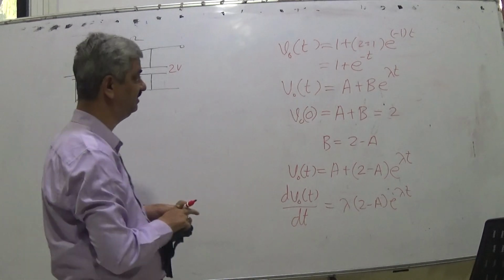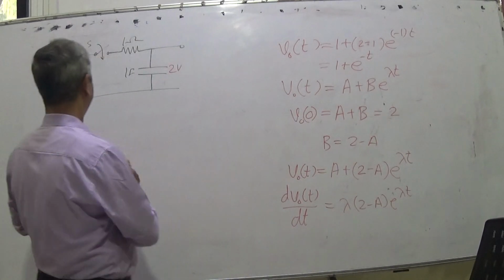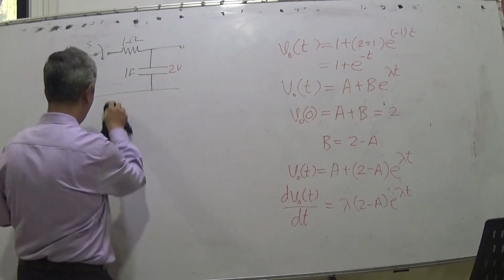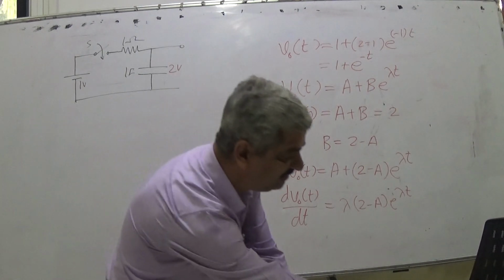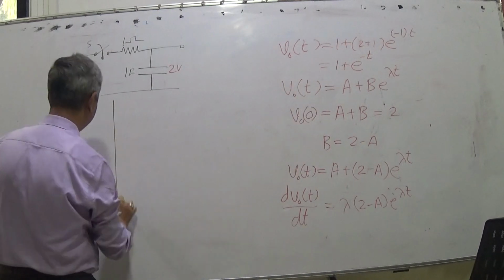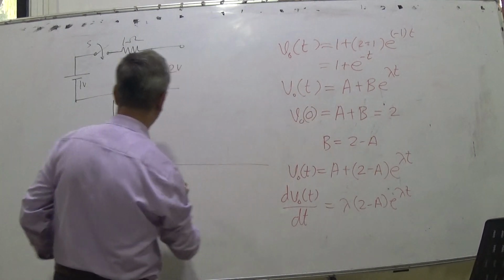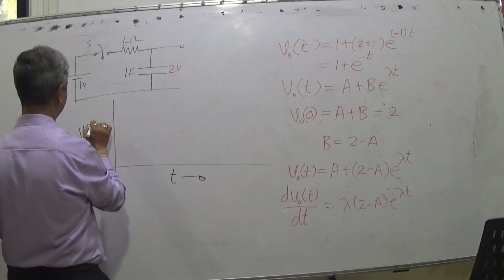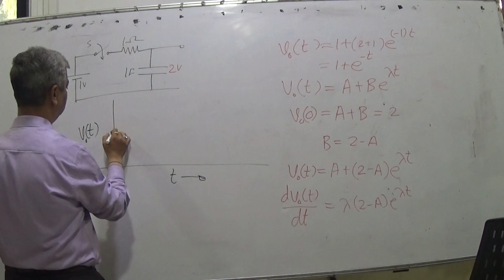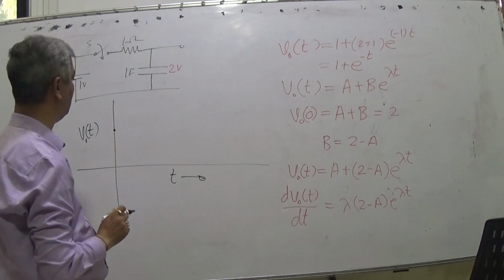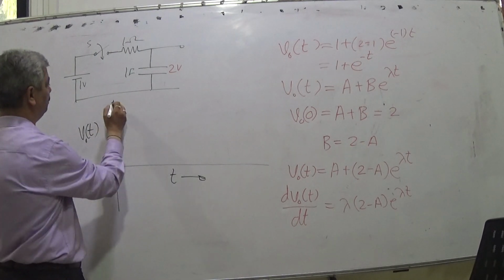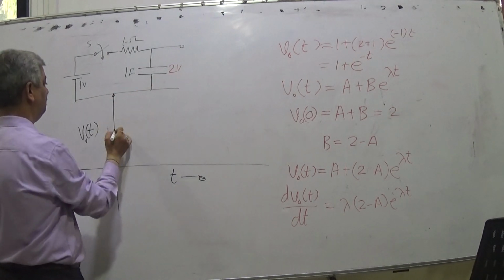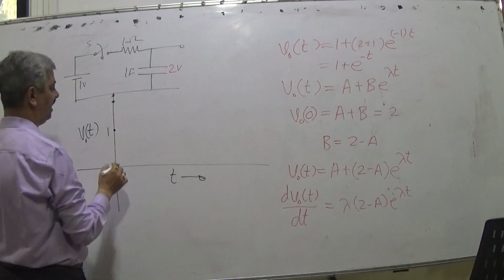So if you plot it, 1 plus e raised to minus t at t equal to 0. At t equal to 0, e raised to minus t is 1. So 1 plus 1, and